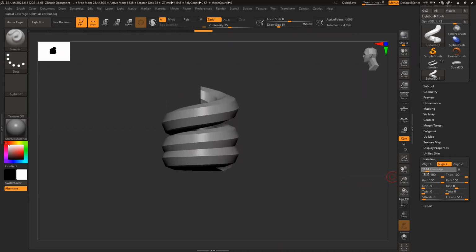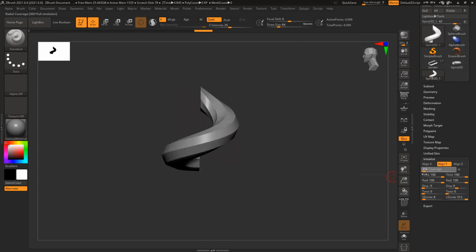This coverage to check. Maybe 360. So these two should align perfectly